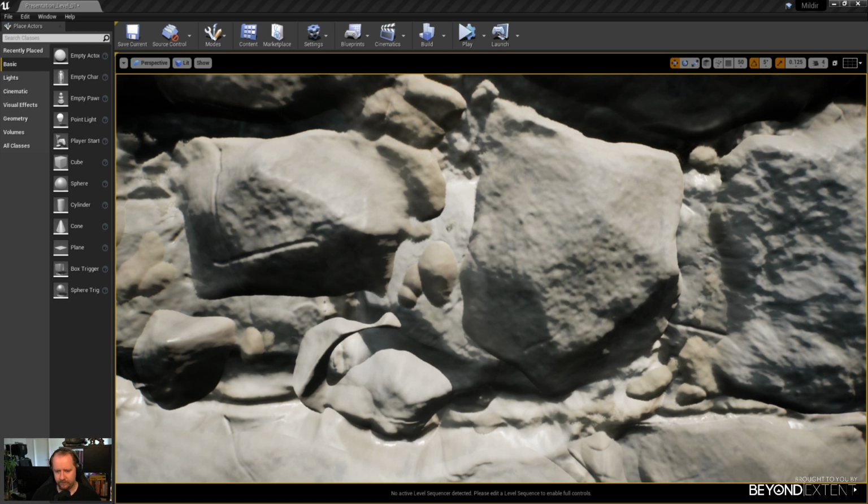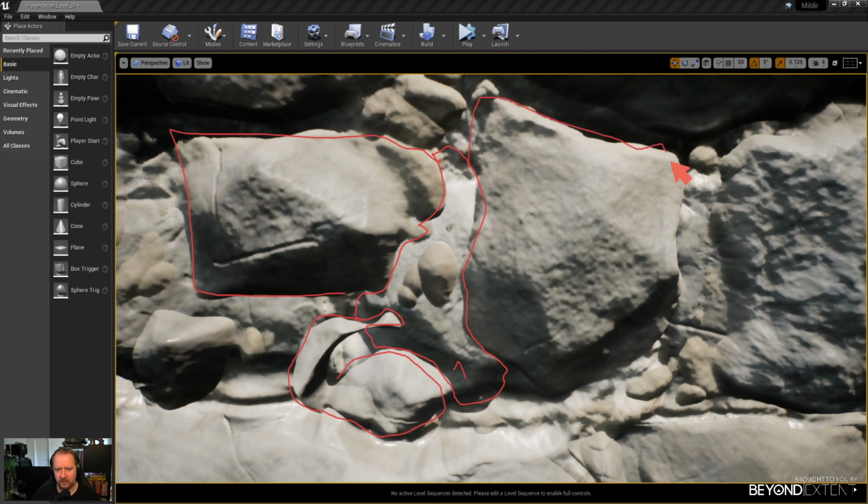There we go. So we have this stone from texture 1, and then we have these stones from texture 2.